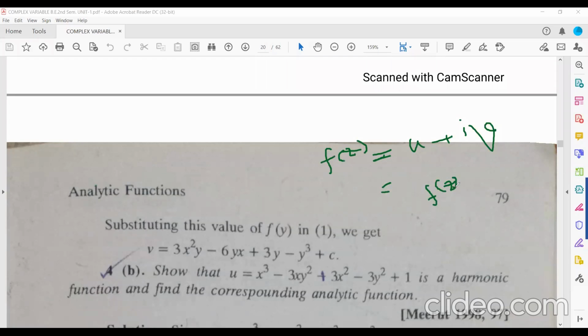To write in terms of z, you have to write it in the form of x plus iy. You can use this method also,